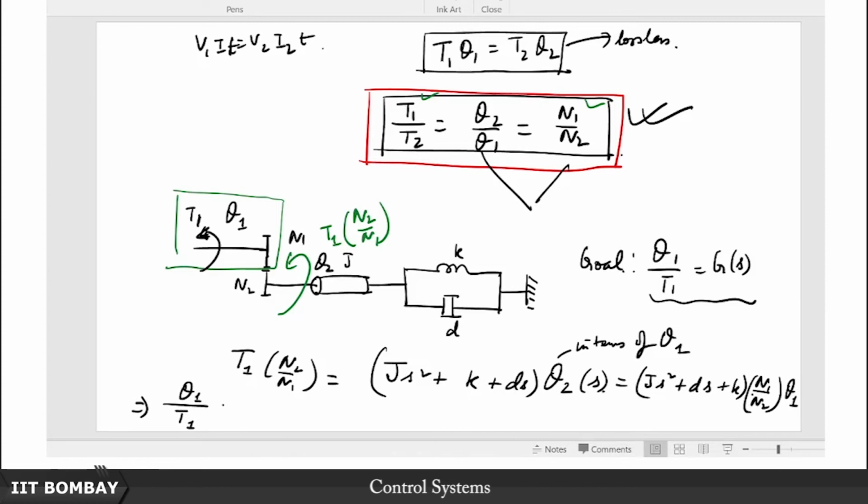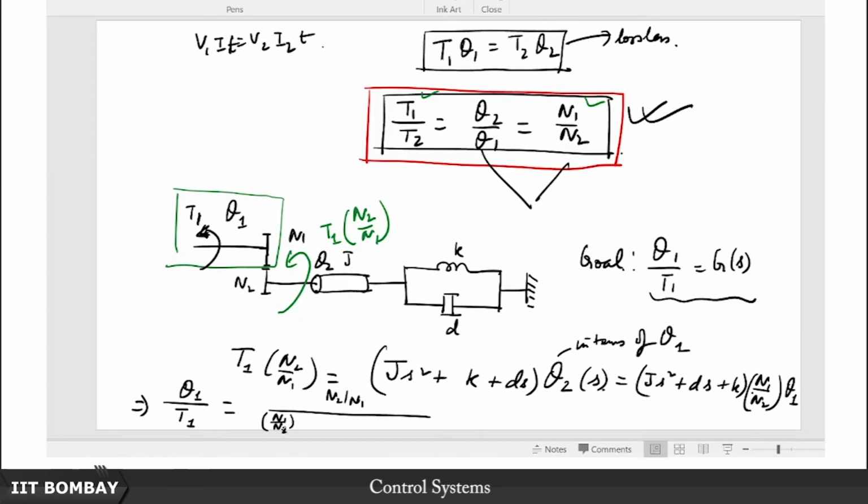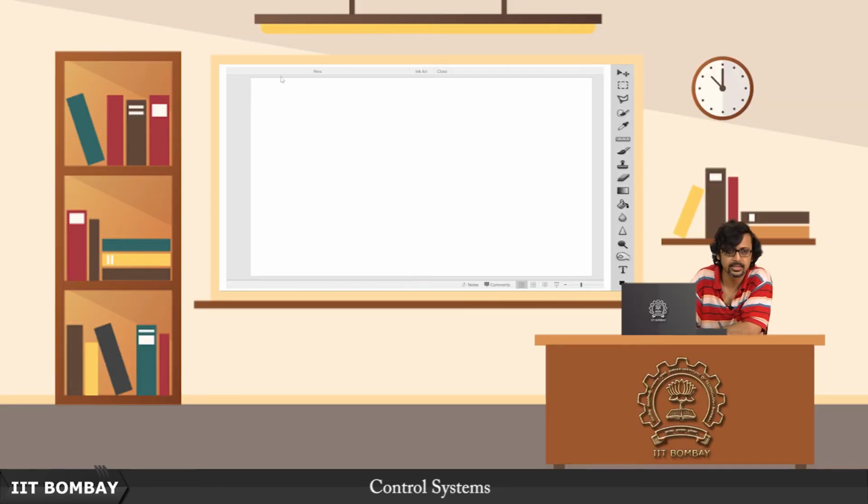Theta 1 over T1 is given by the relation which is N2 upon N1 in the numerator divided by, we have, N1 over N2 times Js squared plus Ds plus K. But I am not very happy with this sort of a clumsy writing. So, what I will do is I will write theta 1 by T1, and it turns out this is going to be nothing but 1 over, and this is important, J equivalent s squared plus D equivalent s plus K equivalent,